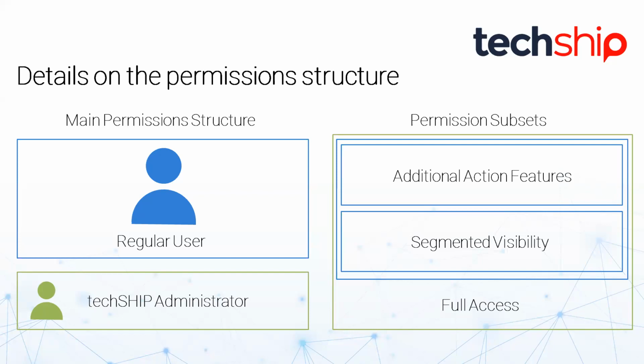This regular user does have a base of permissions as standard permissions, which could be restricted or expanded depending on the case. And then you have the TechShip administrator type of user, which acts as a regular user if it wanted to. It can perform any action that a regular user can do, but also has capabilities to, for example, tweak anything for a regular user, restrict or expand permissions,